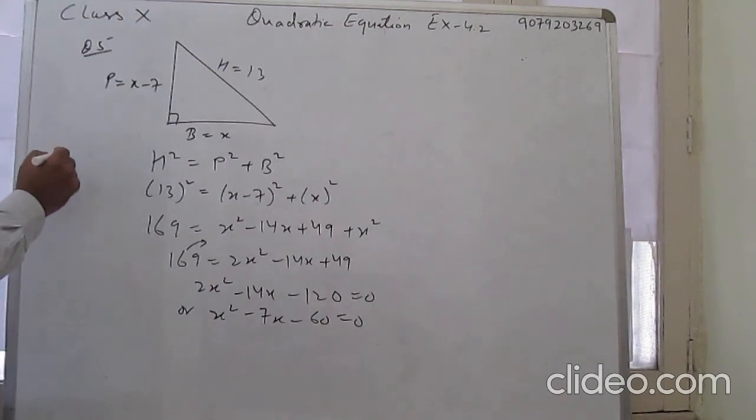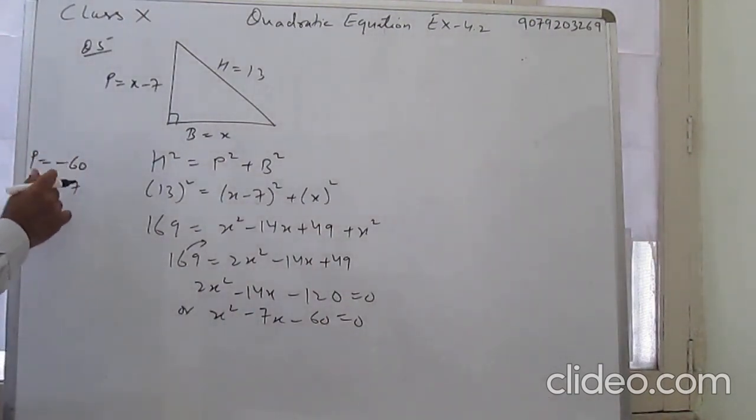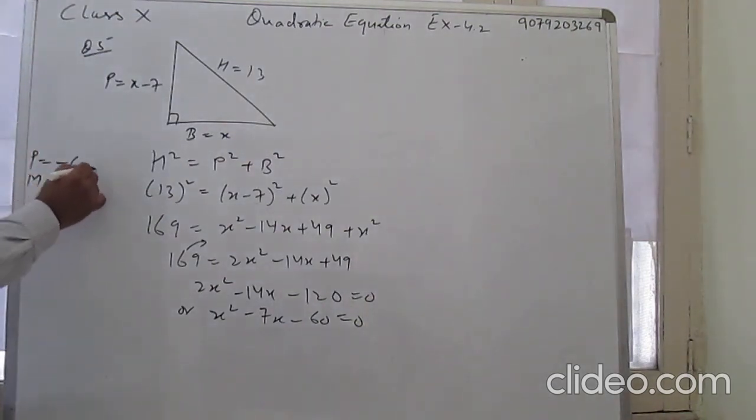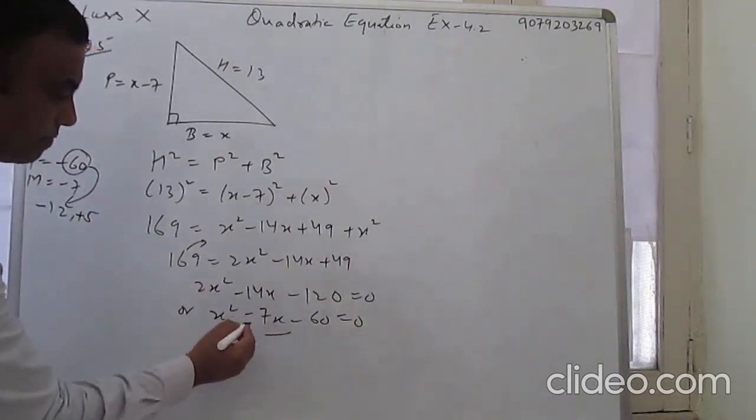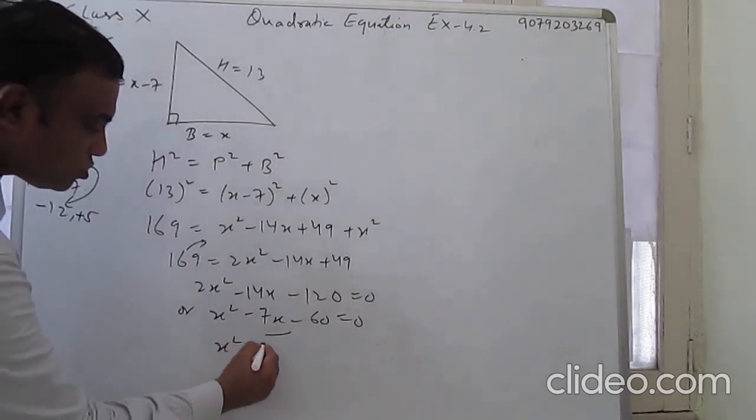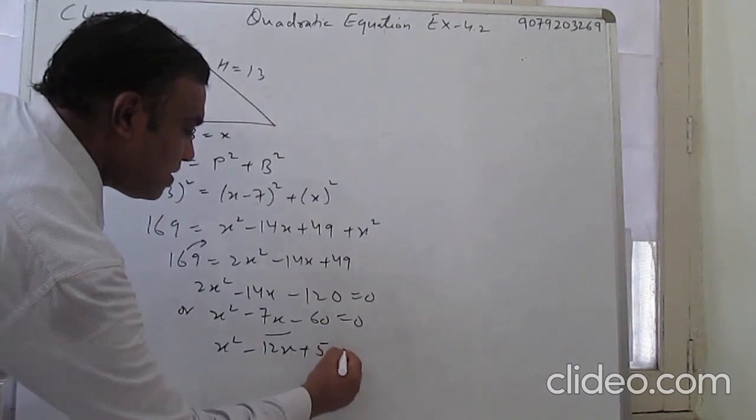Now product is minus 60. Now middle term is minus 7. So what is the factor of 60? 12 and 5. So you want minus 7, so minus 12 plus 5. Instead of minus 7x, you can write x square minus 12x plus 5x minus 60